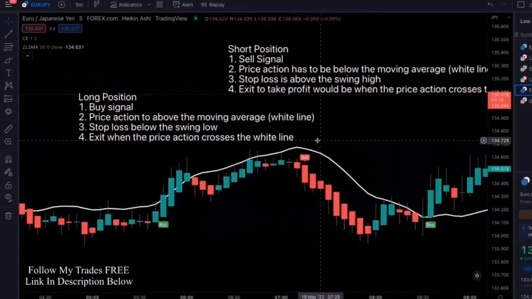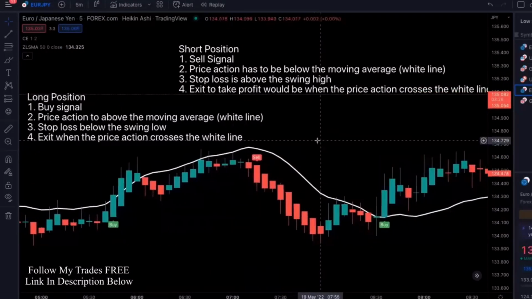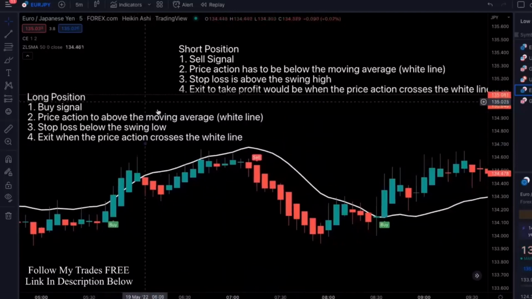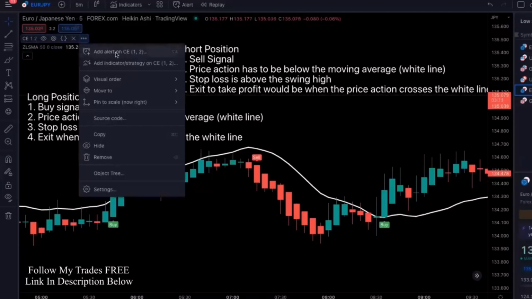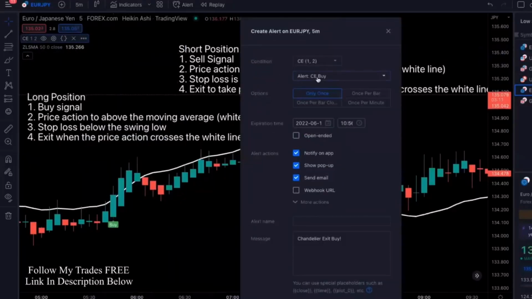Let me show you guys how you can set up your trade alerts. To set up your buy and sell signals where you get alerted from the chart, you're going to go into the settings for the CE, click on these 3 dots right here, and click add alert on CE. Over here, you're going to do buy once per bar close. So once a bar closes, that's when you're going to get notified. It says Chandelier Exit buy. Once you create that,